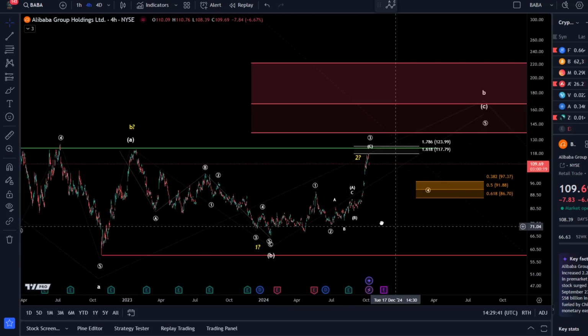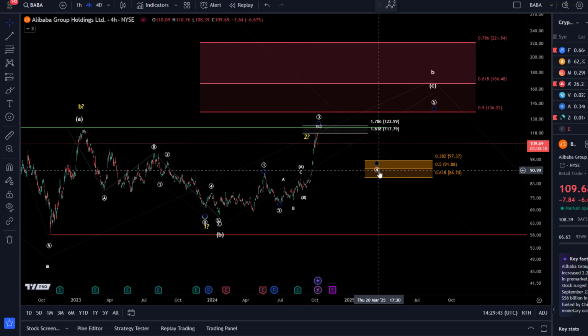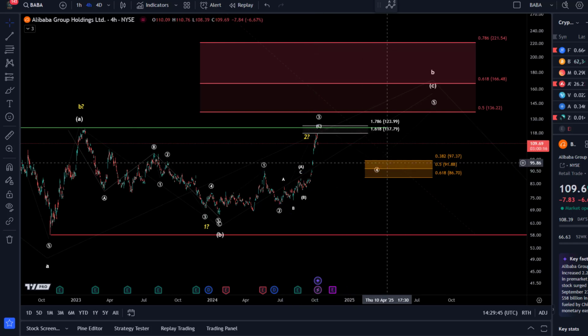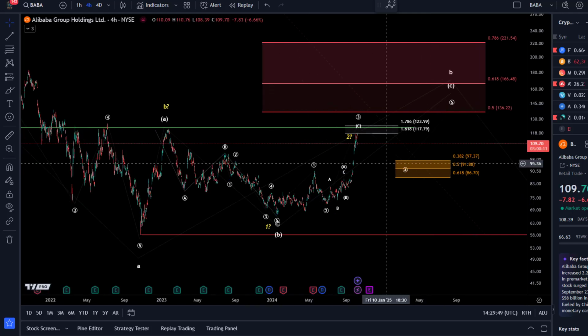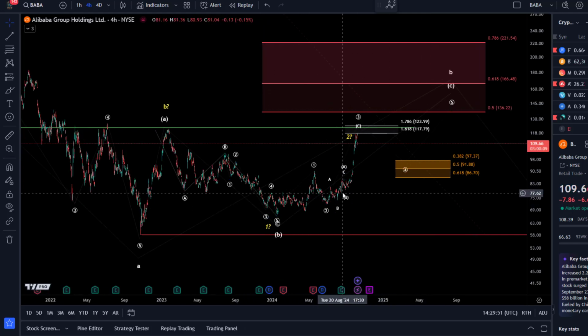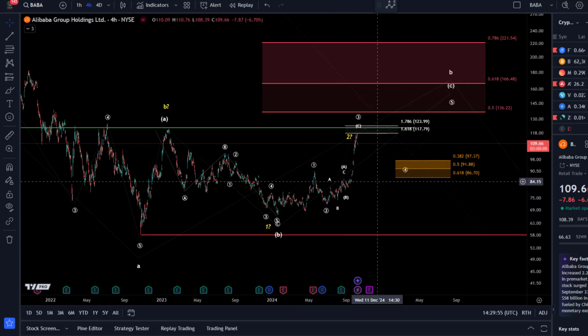So it means I'm on high alert for a possible pullback into this area. And then once we get there, there could be some support and the fifth wave could start. Good to see that there has been some movement. We had to wait a long time for it. Bear in mind that now the risk for a wave 4 pullback is high.